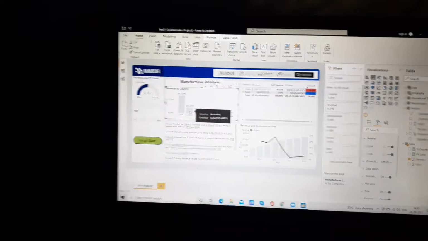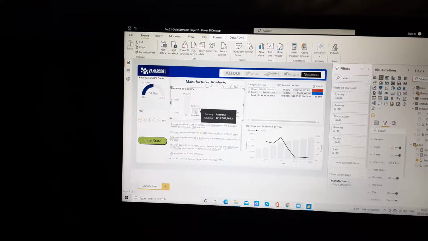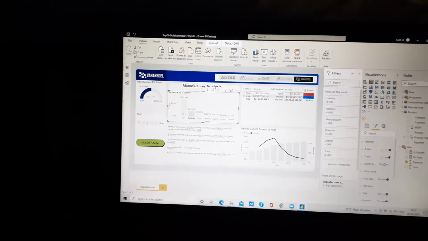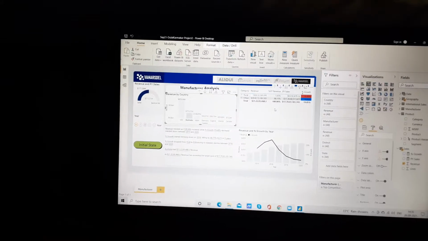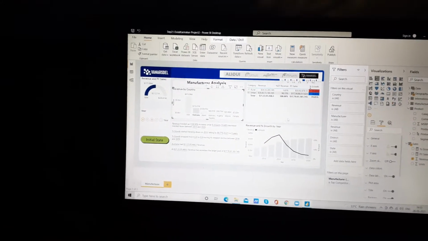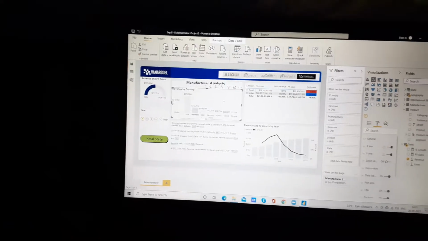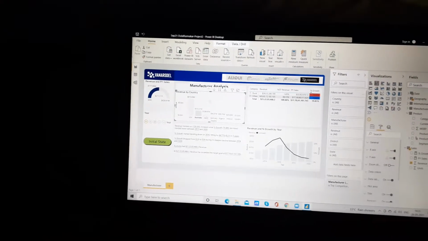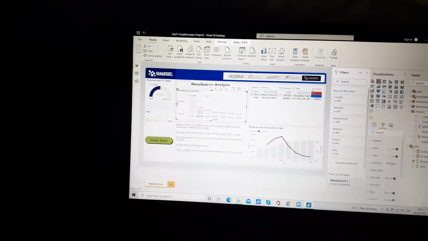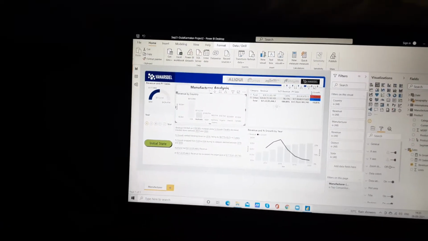If I click on the Australia column, the data is altered in the other visualization charts.